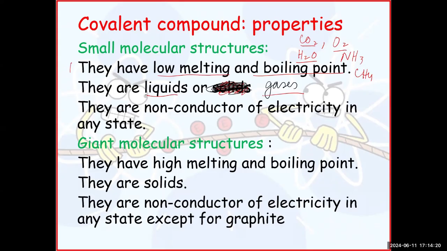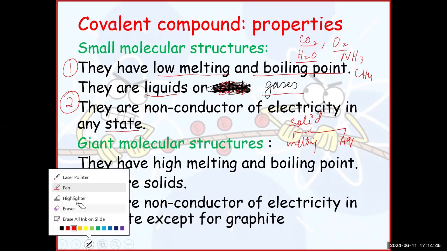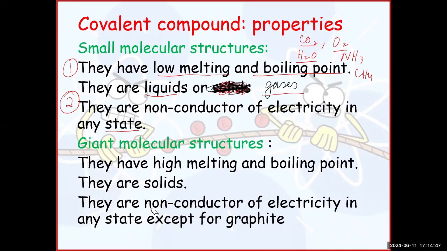Second property is that they are non-conductors of electricity, no matter what their state: solid, liquid, gas. For example, if you remember, ionic compounds were solid and we were either melting them to bring them into molten state, or bringing them to aqueous state. And in both states, they were able to conduct electricity. Over here, no matter what state you get them into, maybe you think that if I bring oxygen into a liquid state, or maybe solidify it into solid oxygen, it starts conducting electricity.